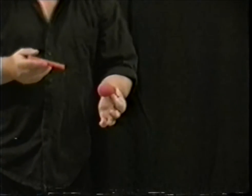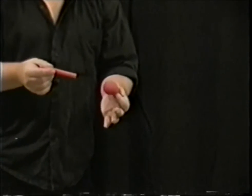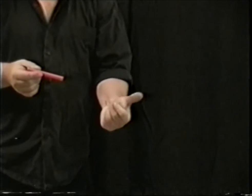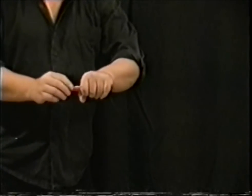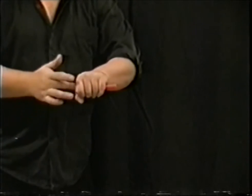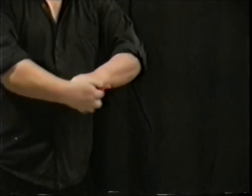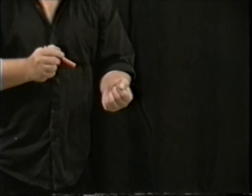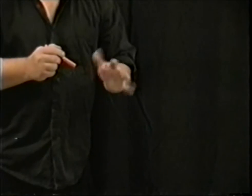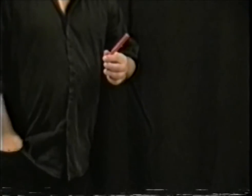like that. Now, you can do some incredible things with the sponge ball and your stage lighting, or actually a very inexpensive magic wand. Watch. The ball stays in your hand, in your fist, and you push the light through. Now, most people think it's going through your fist, but see, it's actually going through the ball. It's actually causing the ball to completely disappear from your hand. The ball ended up back inside my pocket